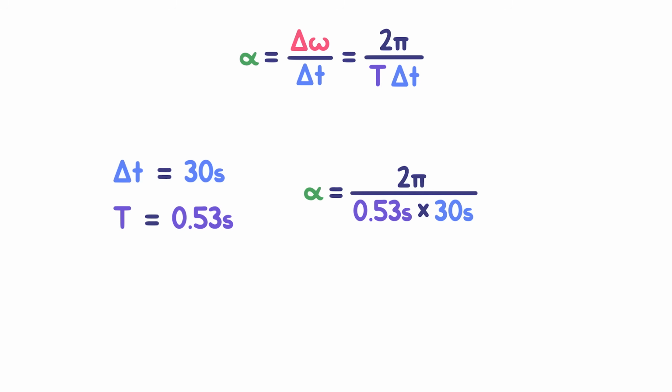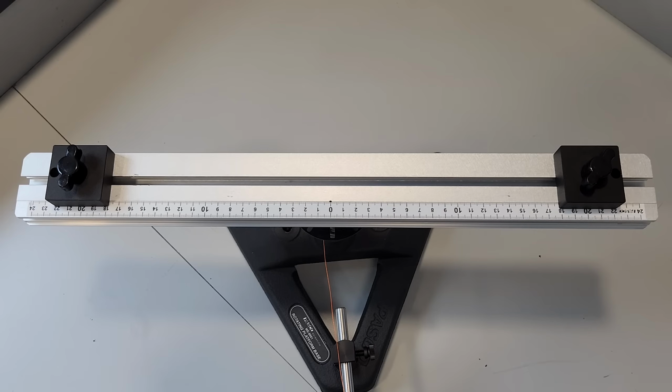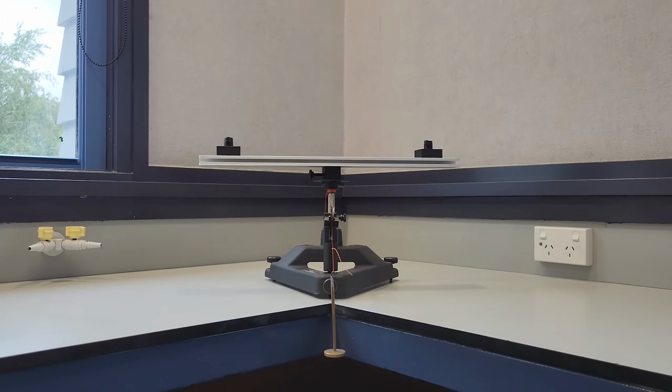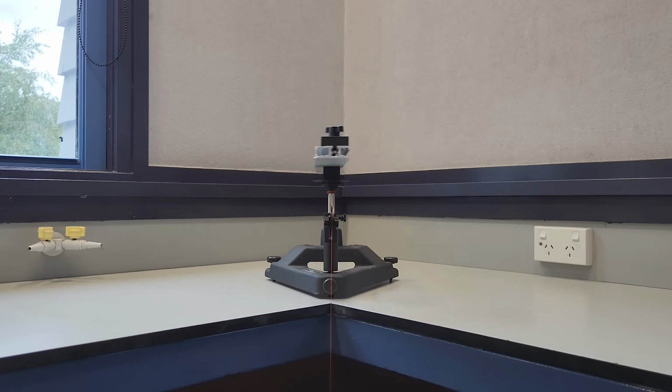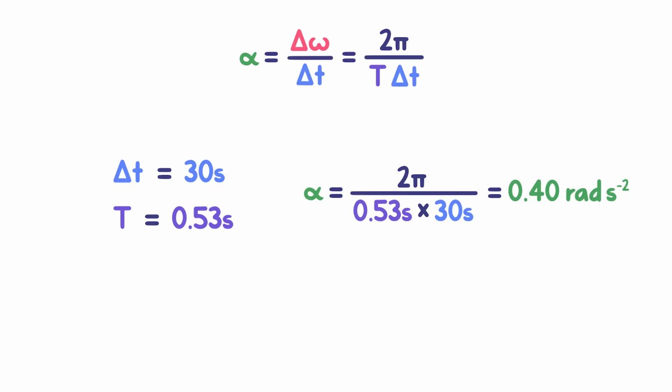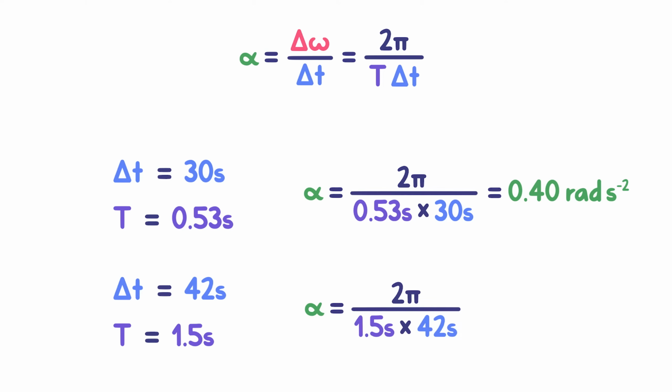Putting in these numbers gives us 0.40 radians per second squared to 2 significant figures. Repeating the experiment with the masses at double the original distance, after 42 seconds, the platform rotates with a period of 1.5 seconds. Putting these numbers into our angular acceleration equation gives us 0.10 radians per second squared to 2 significant figures, 4 times